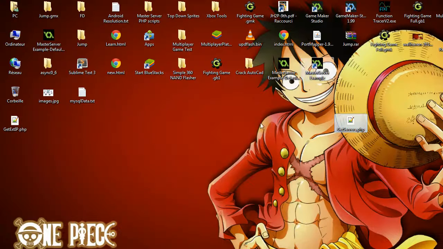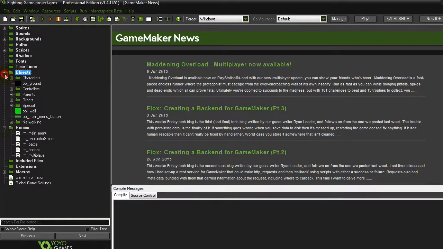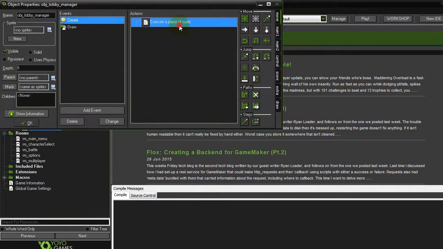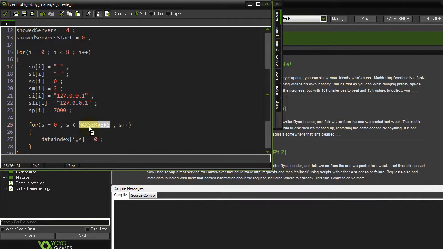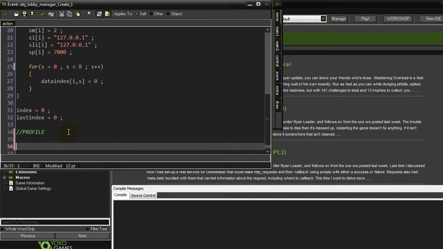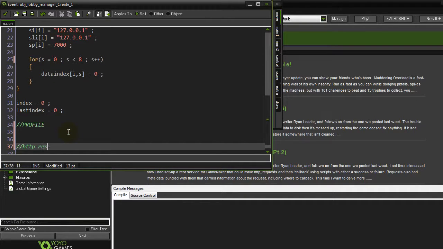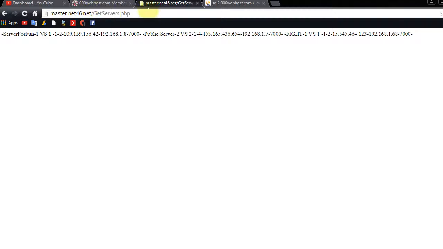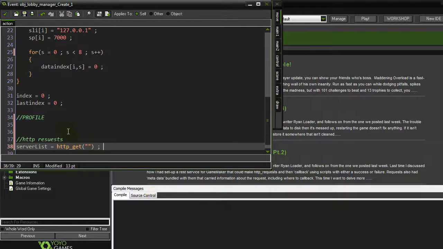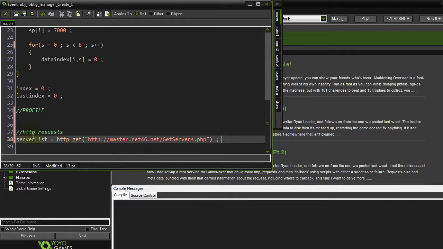data from the string. So what we are going to do, go to your GameMaker and go to your lobby manager here. First of all, I just made a simple mistake here. Change this to 8 and this to max servers. This is very important. Now here we need HTTP requests. The first one is server list equals HTTP get. Here we're going to paste this URL. Paste it here, and then